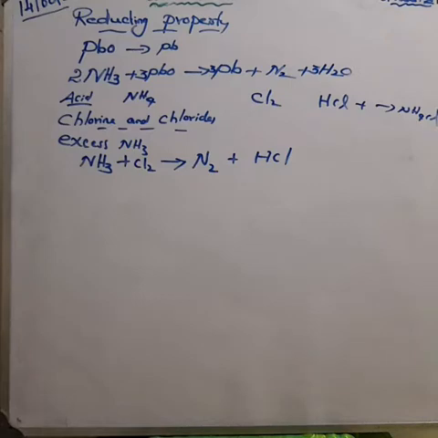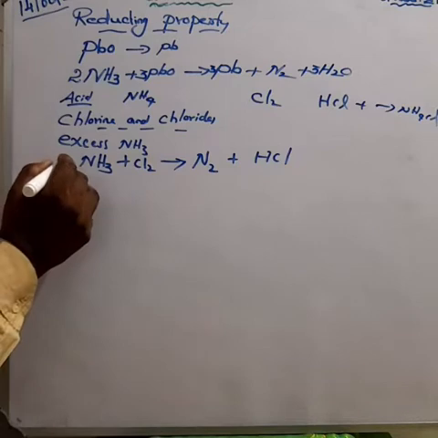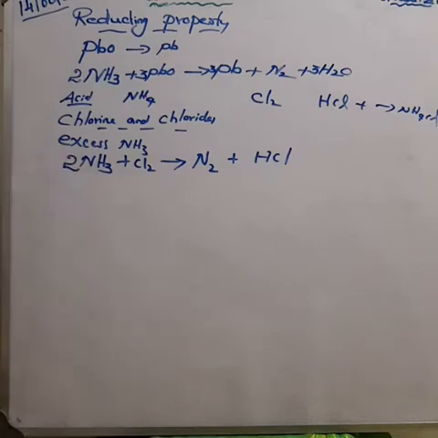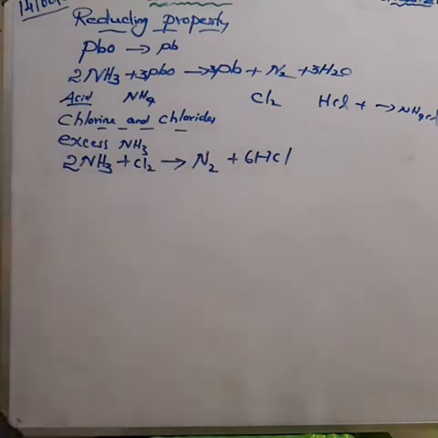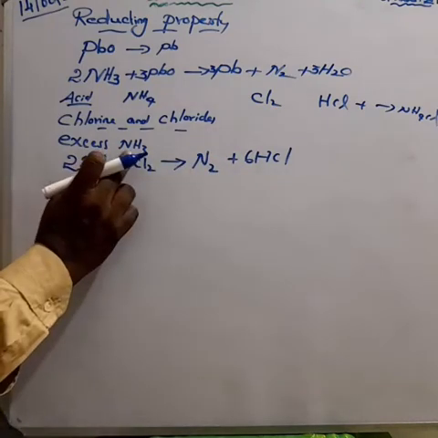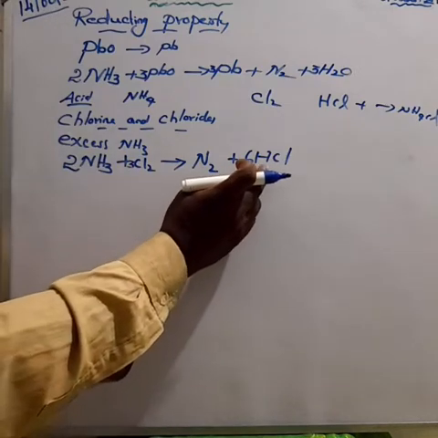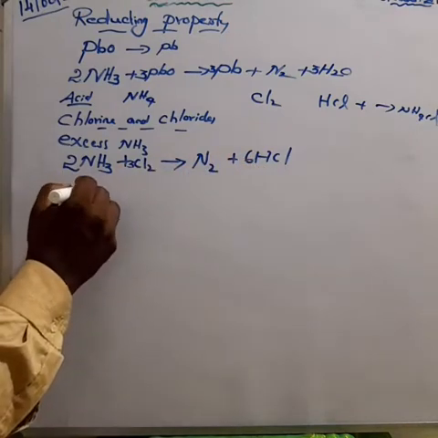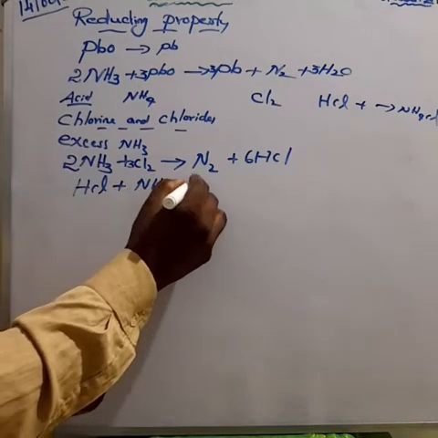So you have to balance the equation. How can you balance it? The product side has nitrogen N2, so on the reactant side make nitrogen 2. So nitrogen is balanced. What about the hydrogen? Here we have 6 hydrogen, so on the product side also make it 6 hydrogen. Hydrogen is balanced. What about the chlorine? Here we have 6 chlorine, so make it 3 Cl2. Chlorine is balanced. Now this hydrochloric acid, HCl, reacts with ammonia.